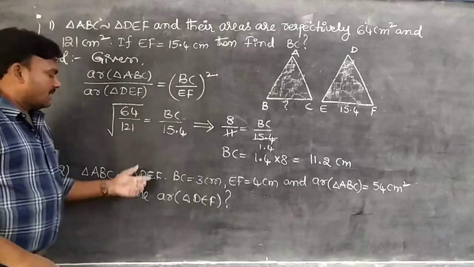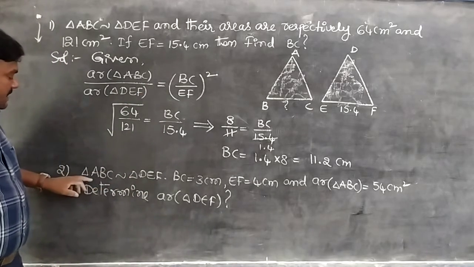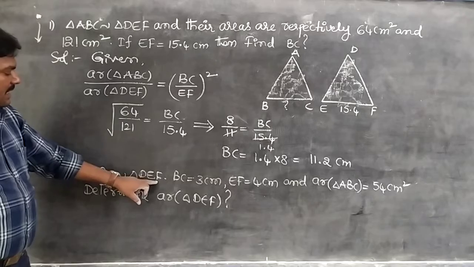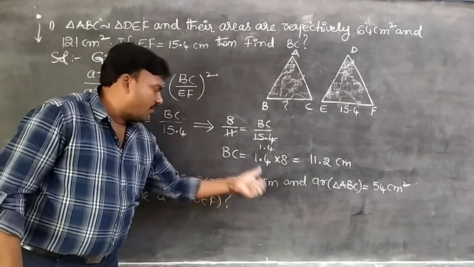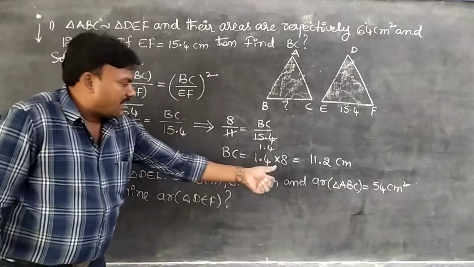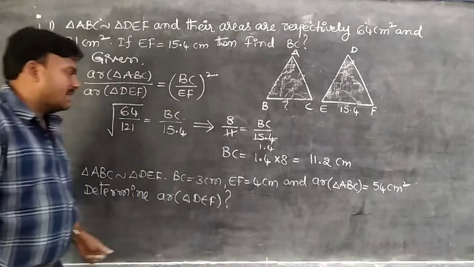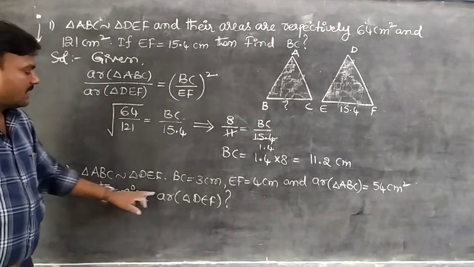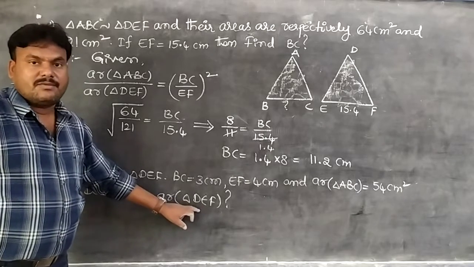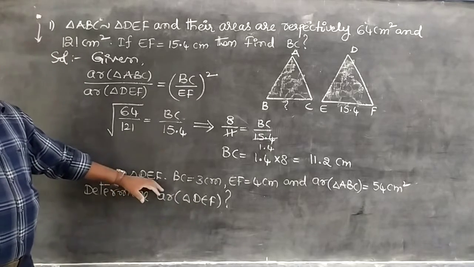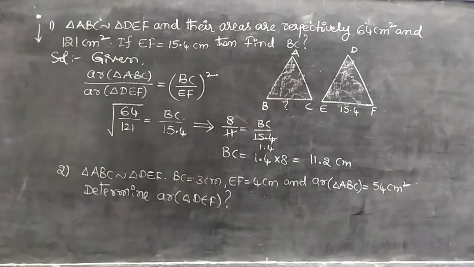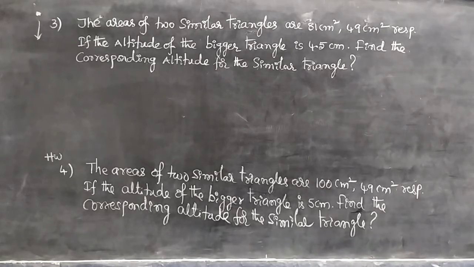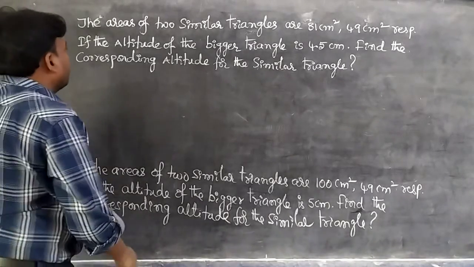Similarly, I give one homework problem. Triangle ABC is similar to triangle DEF. BC equals 3 centimeters, EF equals 4 centimeters, and area of triangle ABC equals 54 square centimeters. Determine the area of triangle DEF. Okay, students, practice carefully, learn carefully and keep it in your mind. Yes, observe the next model. The areas of two